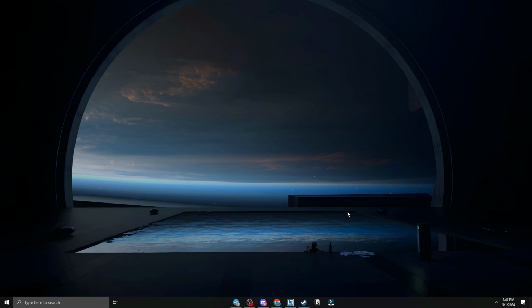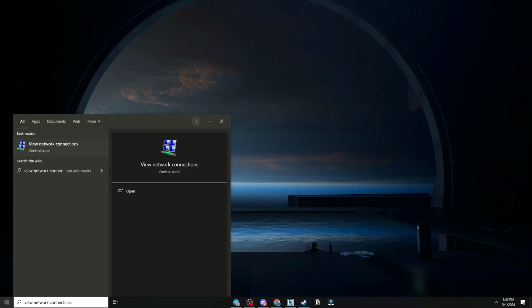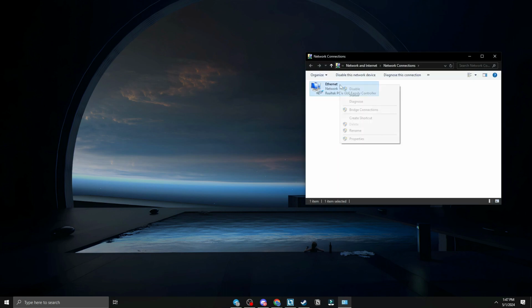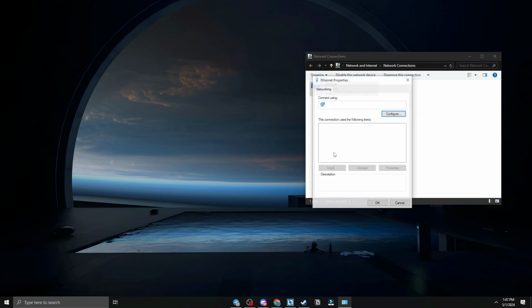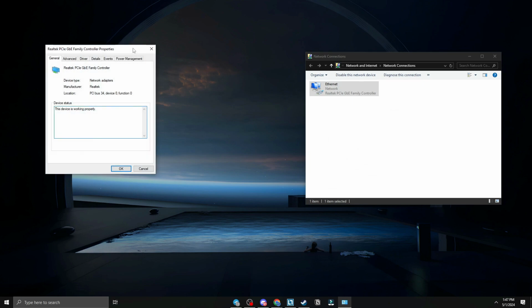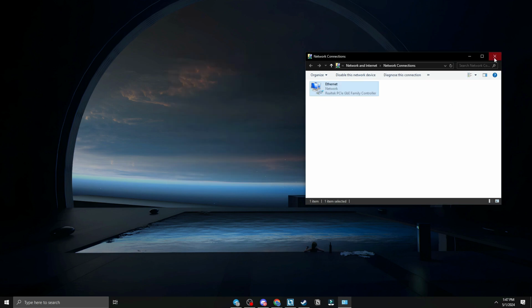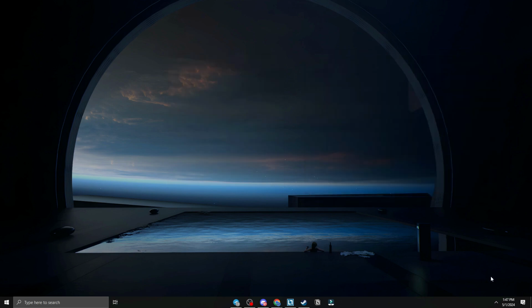On your Windows, go to Windows and type View Network Connections, and from there, right-click on the Internet, Properties, and from there, click Configure, go to Power Management, and simply uncheck the following. Click on OK, and if it doesn't work, click on your Internet,